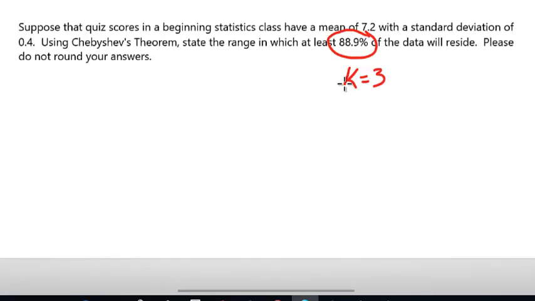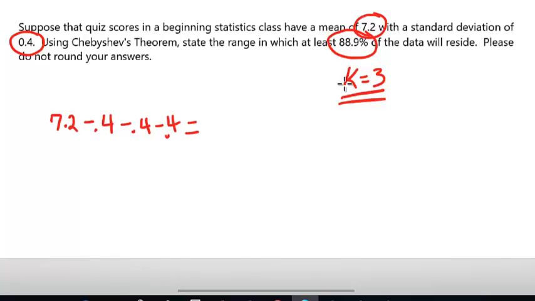Okay, so what I want to do is I want to start at the mean, and I'm going to subtract 3 standard deviations because k was 3, and then I'm going to add 3 standard deviations. So if I start at 7.2, and I subtract 0.4, 1, 2, 3 times, I would get 6.0. That would be my lower limit. If I start at the mean, which is 7.2, and now I'm going to add the standard deviation 3 times, because k is 3, then I would get